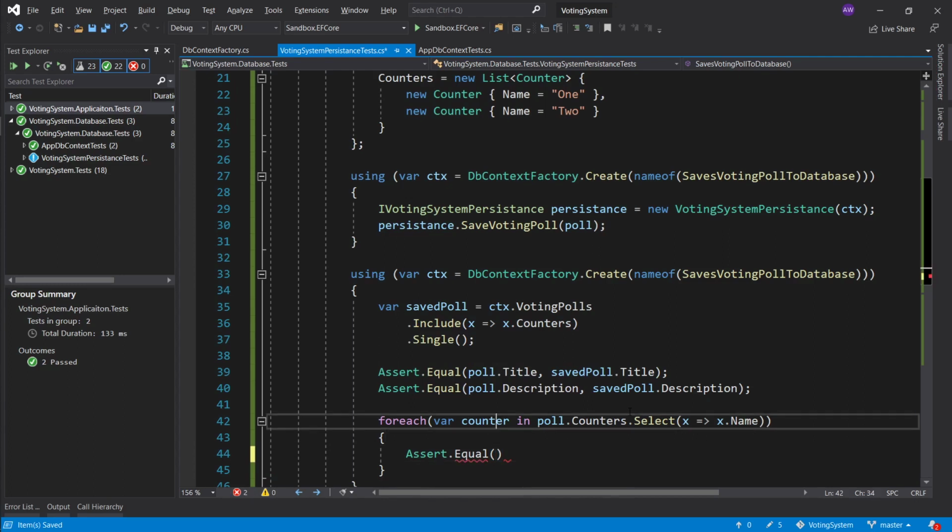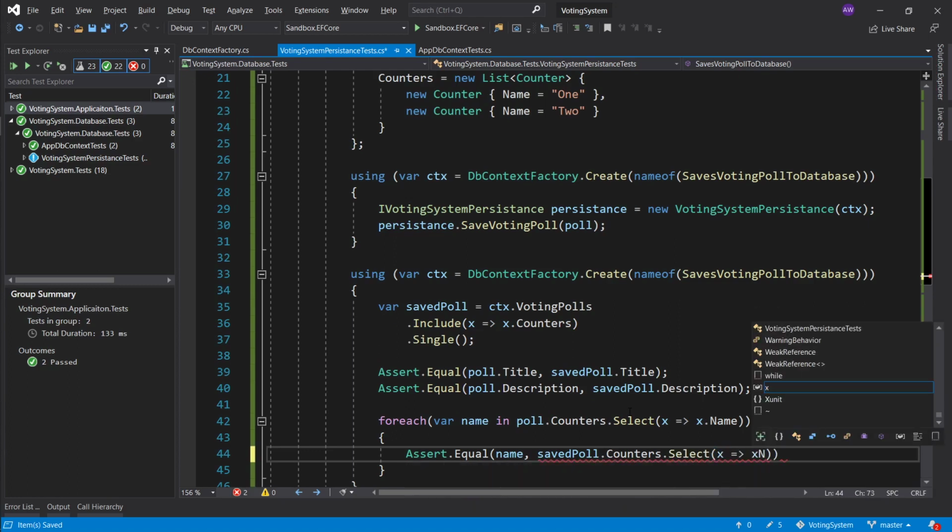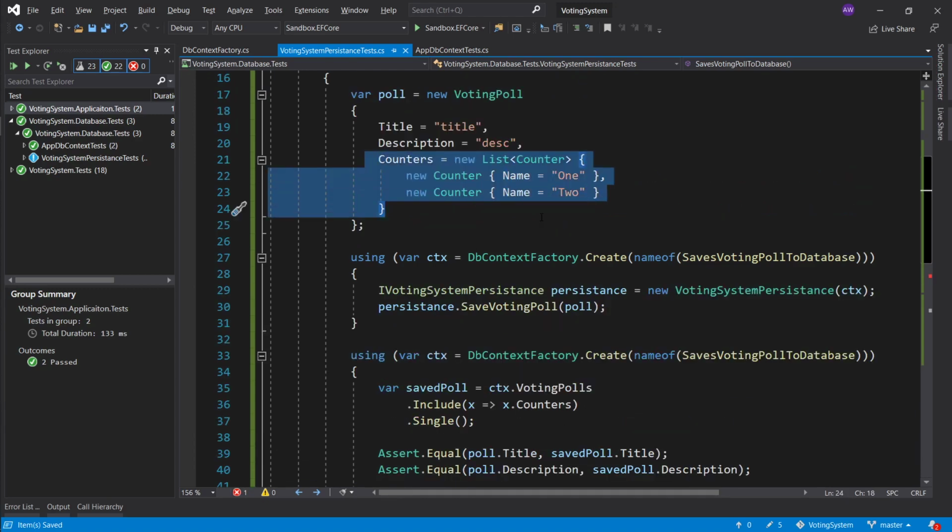I'm going to compare the name, let's rename this to name, yep, the name that it equals to the saved poll counters, select, and again I'm just going to select the name again, x.name, right? So I'm just going to make sure that all of our initial counters that we defined here, we're going to loop through each of them,